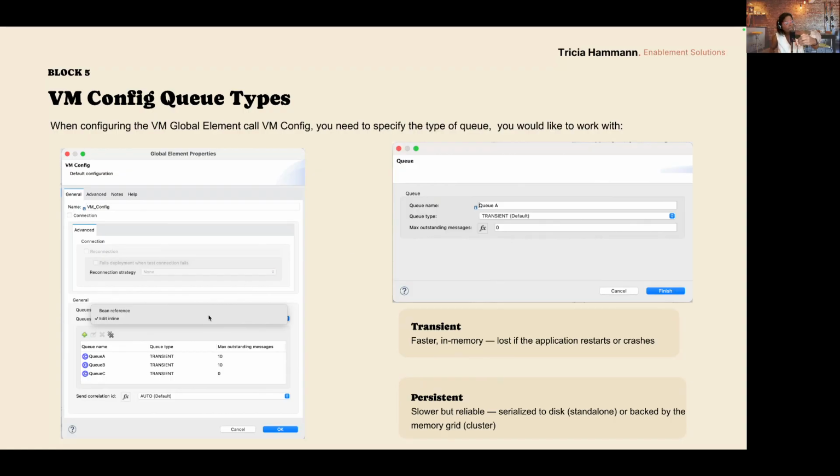Now, in my first screenshot, you are seeing that I set up QA and QB to handle 10 max outstanding messages, and QC is set to 0. If you set the queue to 0, you can handle unlimited messages. Okay, it is not that you are not going to be able to handle any message. The meaning of it is that you can handle an unlimited number of messages.